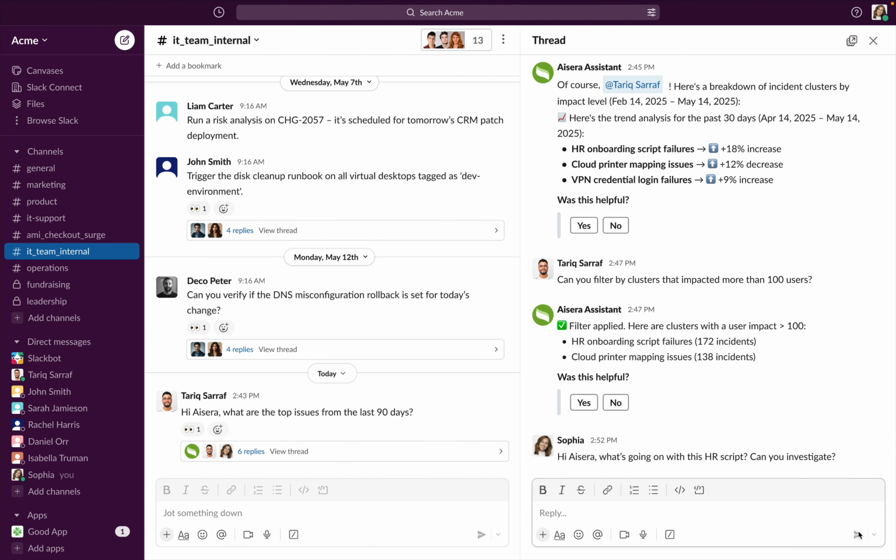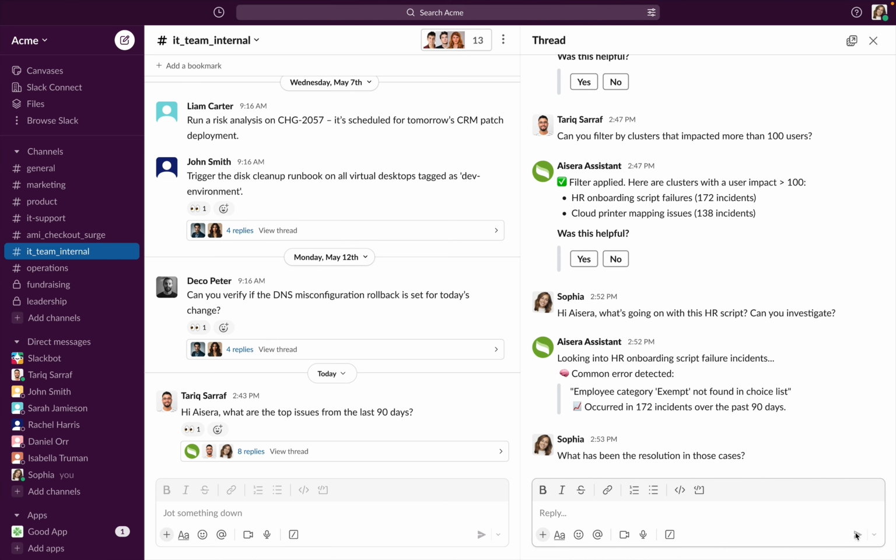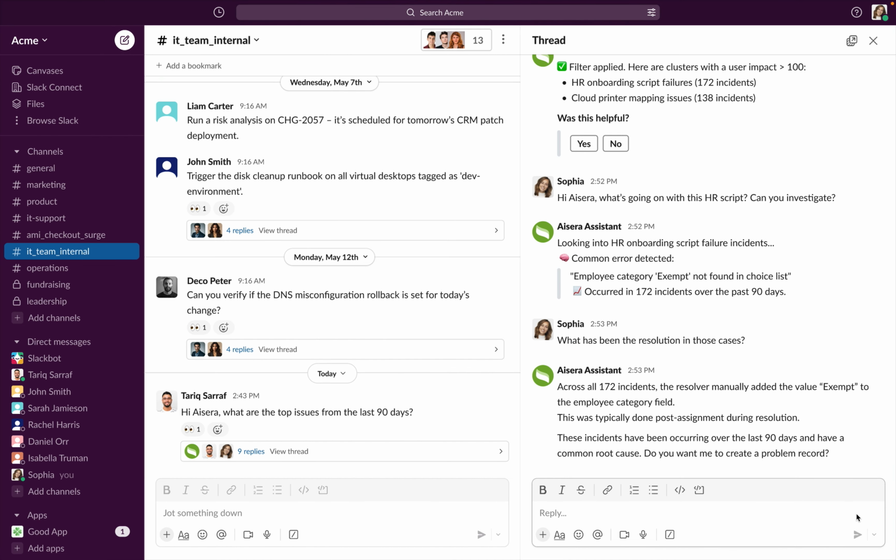AIOps assistant helps Sophia evaluate errors across different issues which are related to a key missing from the choice list. Sophia then asks how those issues were resolved. The Aisera's AIOps assistant evaluates all 172 related incidents and determines that in each case, the resolver manually applied the value exempt. Now that the Aisera AIOps assistant has helped Sophia with root cause analysis on this particular issue, she